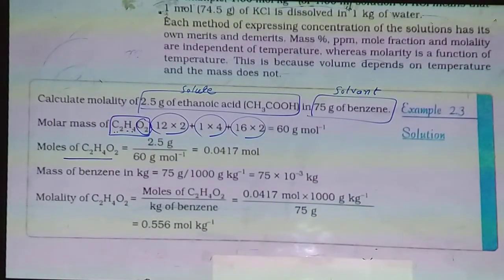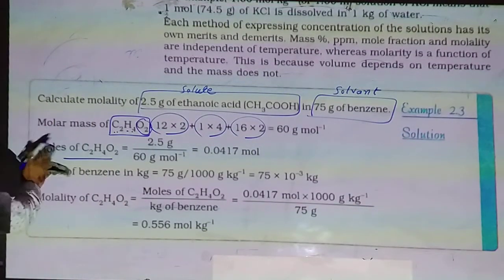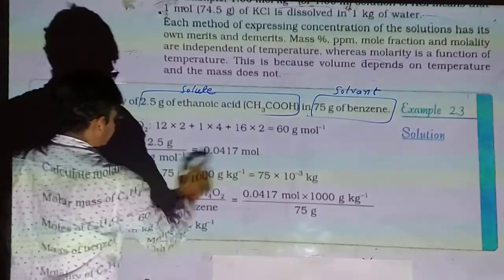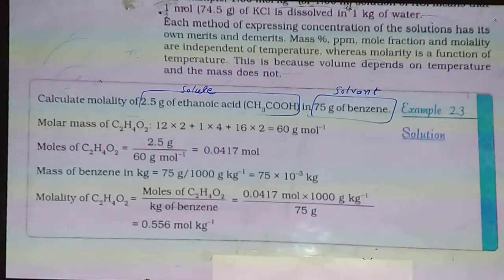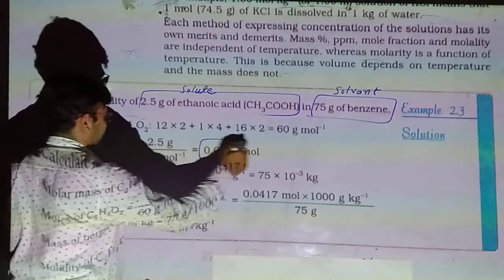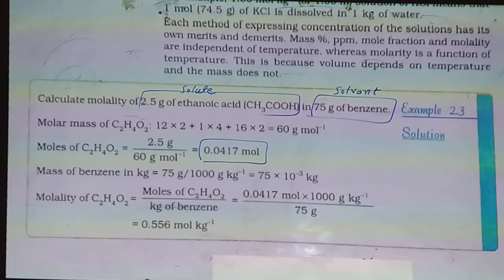So it is 60 gram per mole. Now moles of ethanoic acid is 2.5 upon 60. So 2.5 divided by 60 gives 0.0417 mole. That is the mole of our acetic acid,